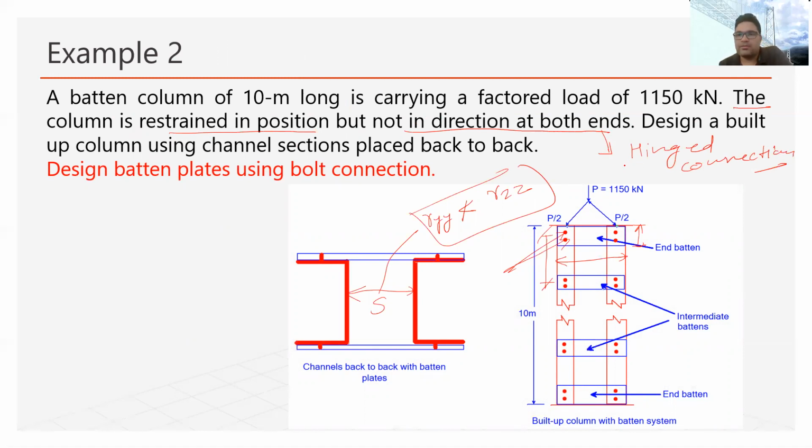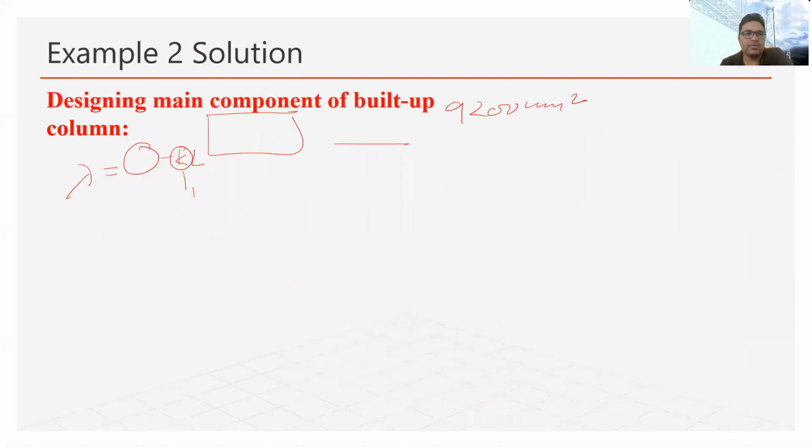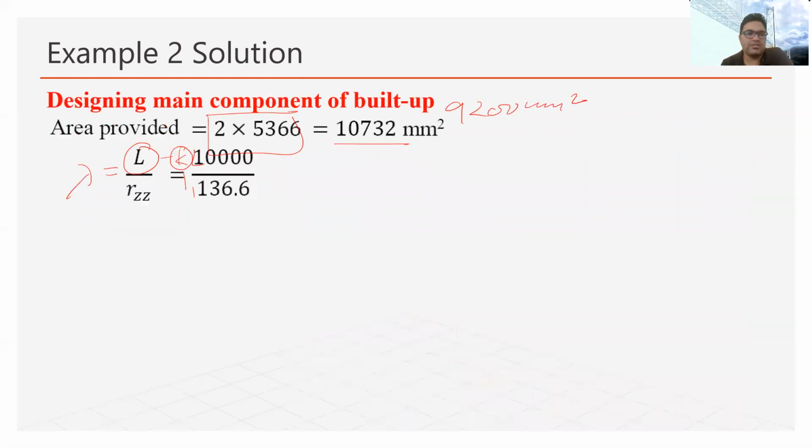So referring to table 9, you can find out the value of K. So the K value for hinged connection will be 1. So that is why the slenderness ratio, I mean the KL value in this case, will be L. K will be 1. So the L value is 10 meter, and